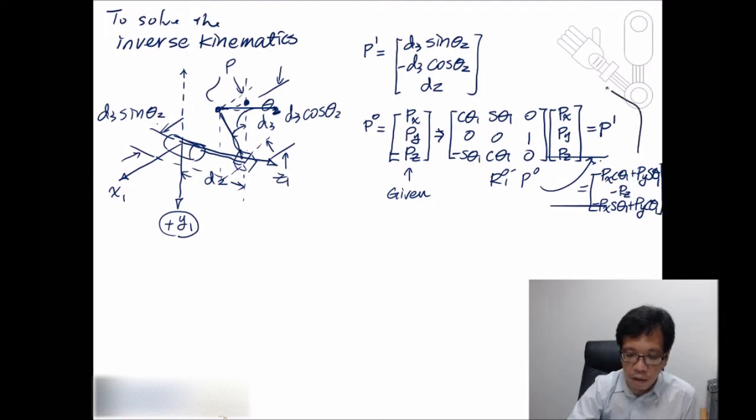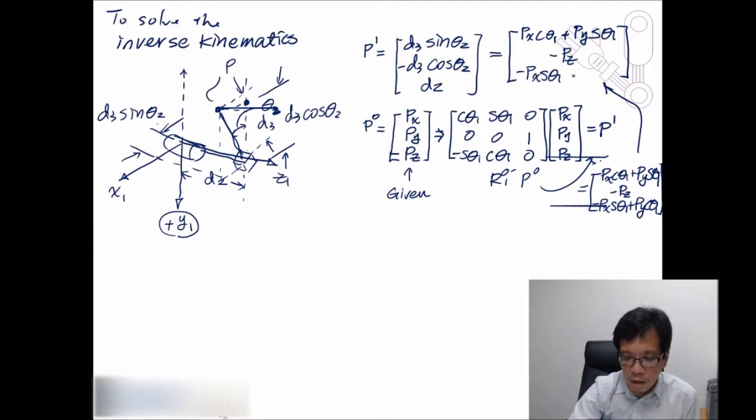Let's copy it to here. So we are going to have px cosine theta 1 plus py sine theta 1, negative pz, negative px sine theta 1 plus py cosine theta 1. So over here, there are a few things you might need to know about what's going on,